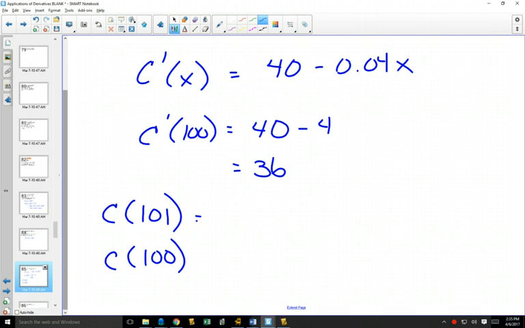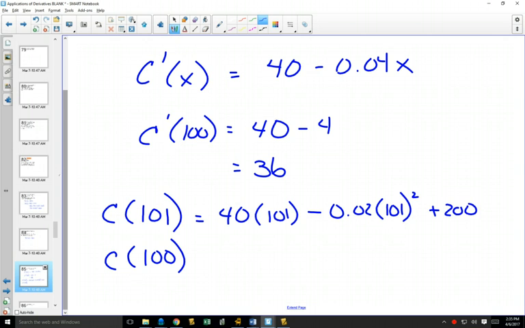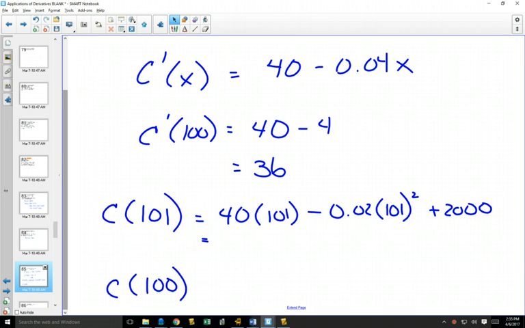So if we go to our equation, which was 40 times x minus 0.02 times x squared plus 2,000, and plug that into our calculator, according to our cost function, this would be the total cost of producing 101 items. If we wanted to find out what it would have cost to produce 100 items,